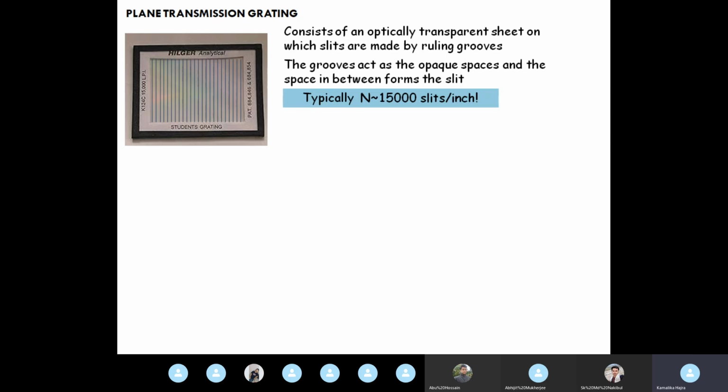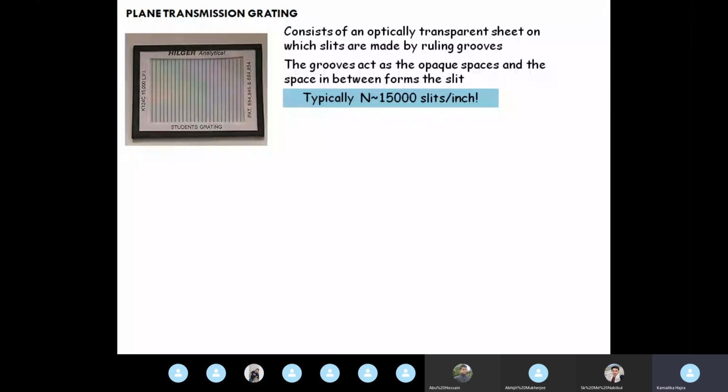So, like, the lines that I have drawn are way too magnified. It's not like this. They are much crowded together, and it's not that you and I will take a transparent sheet of glass in hand and I will take something sharp and etch lines and a grating will be formed. No, it is machine made, and it has to be formally manufactured, and typically, as you can see, the number of lines on such a grating is, in an inch there can be 15,000 slits.